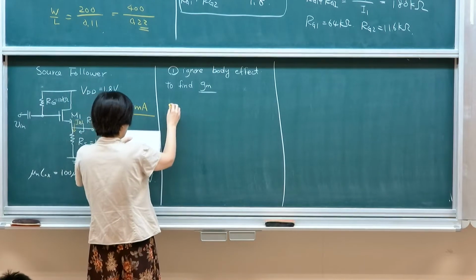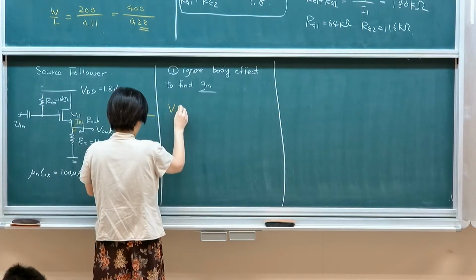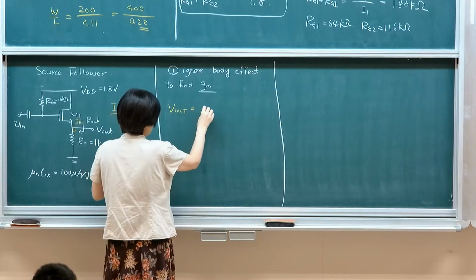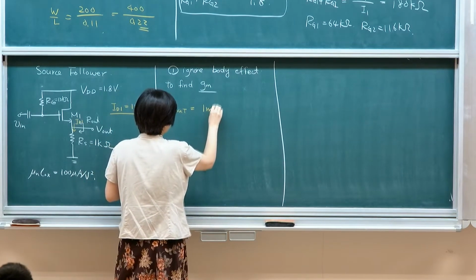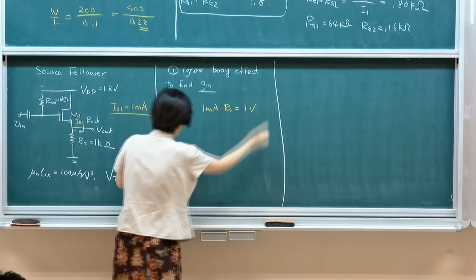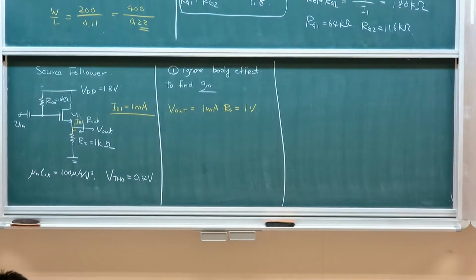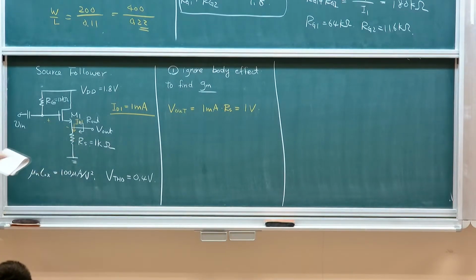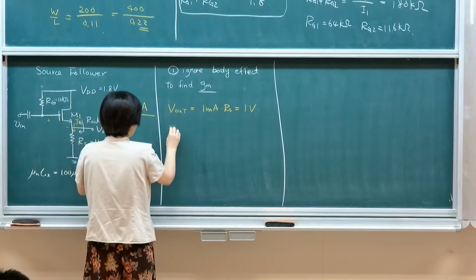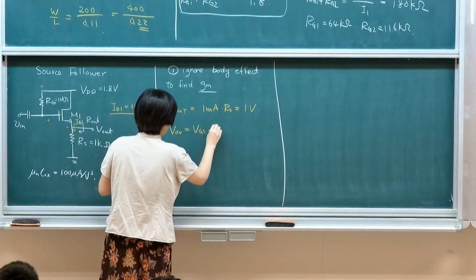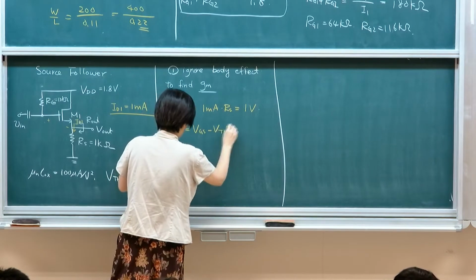Therefore, this is the case, then I know the DC voltage VL should be 1 milliamp times RS, which will give me 1 volt. And the overdrive of the circuit, I should actually set it up. The overdrive of the circuit is VOV, is VGS minus threshold, which is,